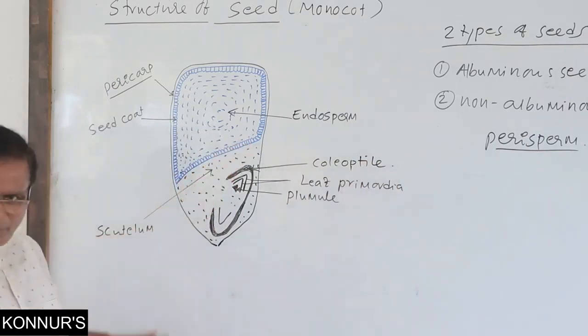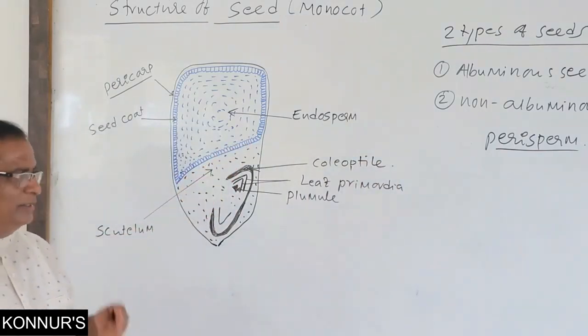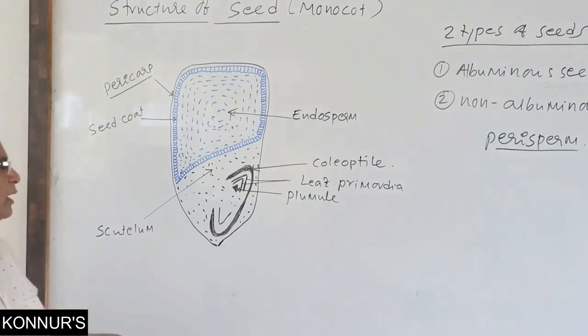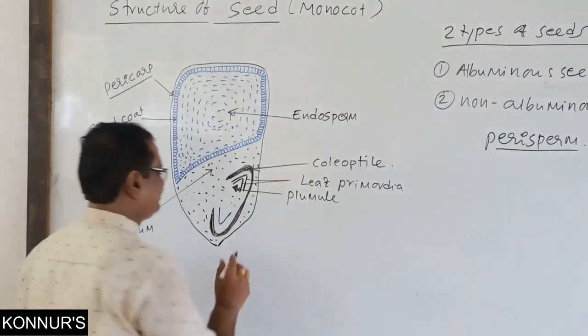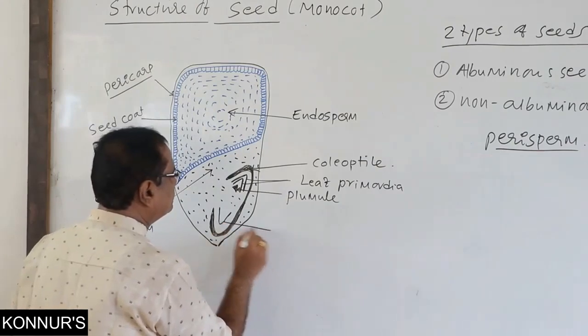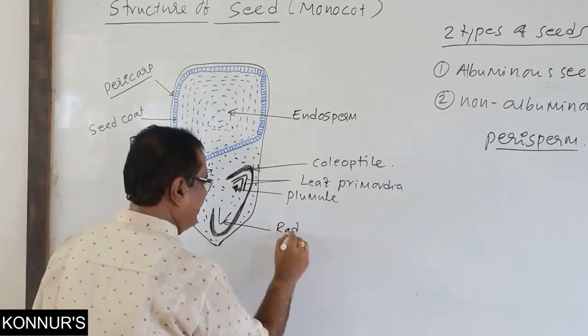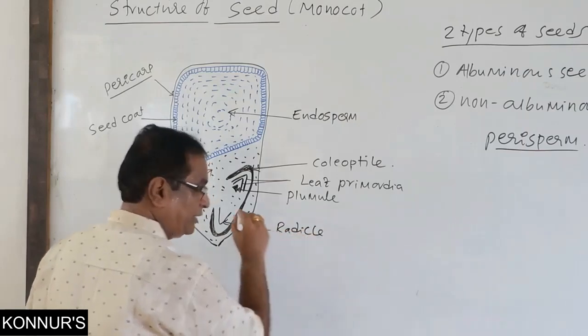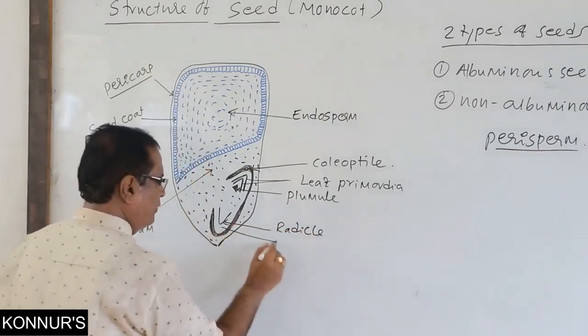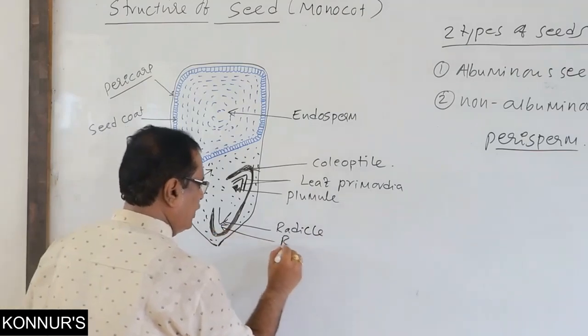Because this is the embryo, we have already seen the structure of the embryo, and this is the radicle, which gives rise to the root system, covered by the root cap,